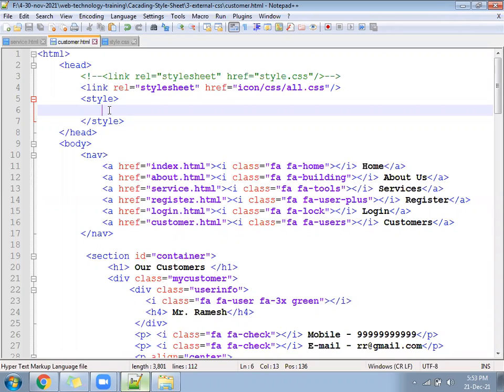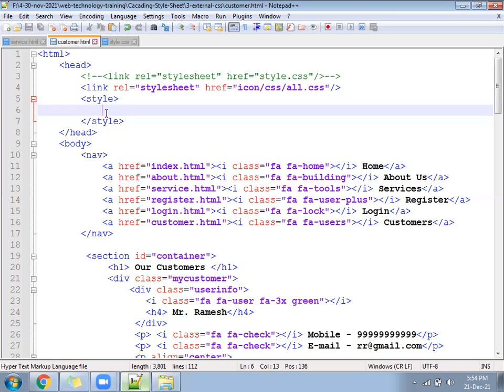Suppose one file is in a different place, another file is in a different place. How do you want to link? By default you want to link, or at the time of running you want to link? If you want to link at the time of running, execution time, that is called runtime. When the file runs, that time we link, execute, and that's all. The other way, without running, keep linking it. That's called statically you link every time. Dynamically you link according to need. So runtime binding and static binding. Now we are going to call here a runtime binding. When needed, then only call. Unnecessarily, don't call it.